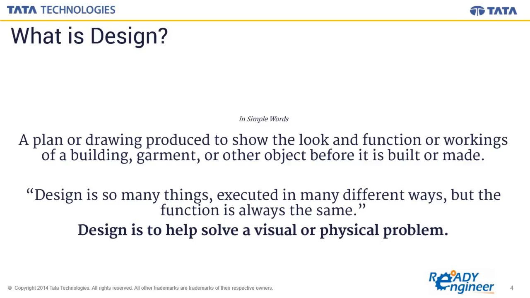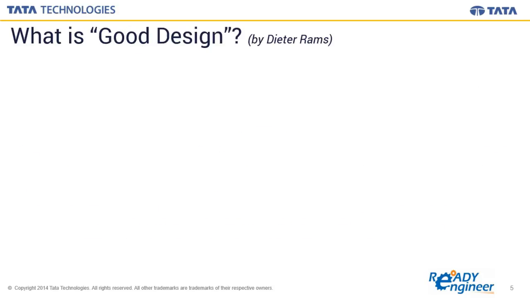There is a good design or a good solution. There are certain characteristics or certain requirements to say that this design is good, this design is not so good. And this is how we define it. One of our very famous designers, Dieter Rams, specified certain characteristics by which you can define whether a design is a good design or a not so good design. I'll not say bad, but not so good design. So the foremost, or the most important, characteristic of any design is